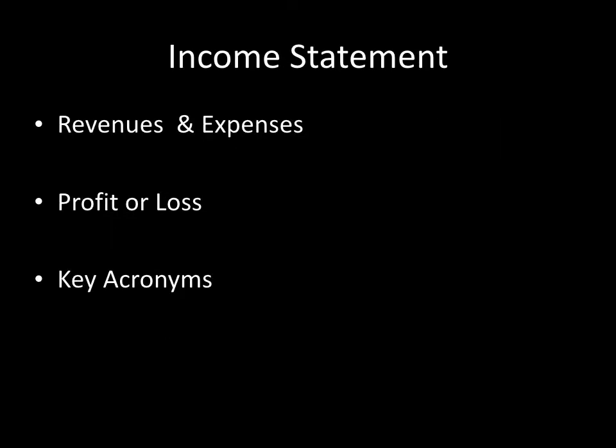The income statement follows the revenues and expenditures, or the economic resources of the firm, over a period of time. An income statement might be for a month or a quarter. In the example we'll look at, it will be the revenues and expenditures for a whole year. Generally, income statements are broken down into revenues and expenditures. Revenues, also called sales, can also include things like royalties. And expenses can be cost of goods sold, the cost of the inventory being sold and manufactured, and can include marketing expenses and so on.